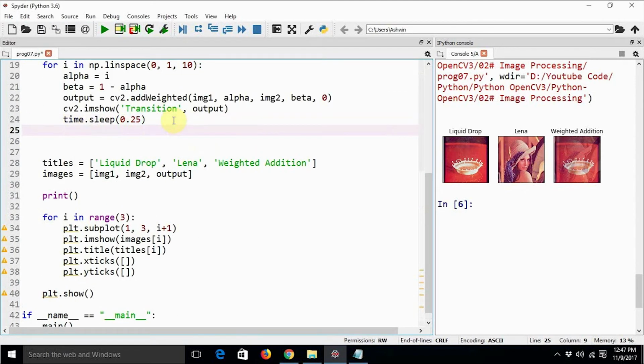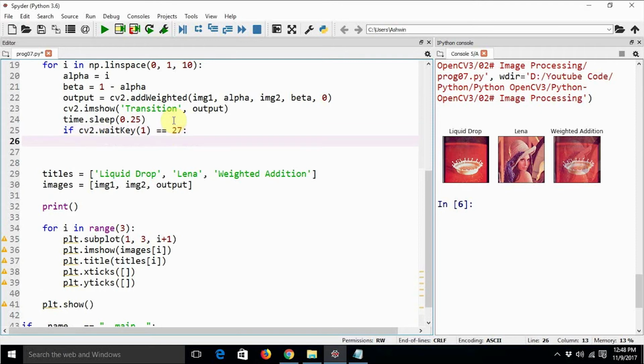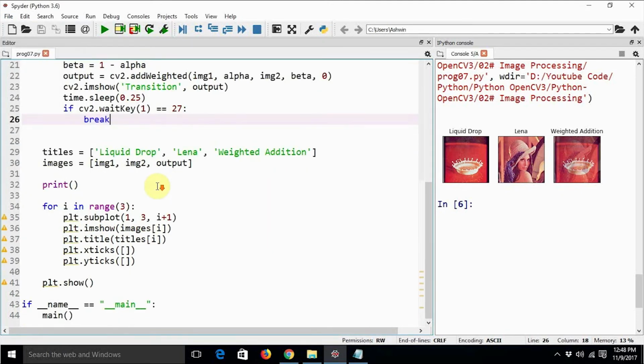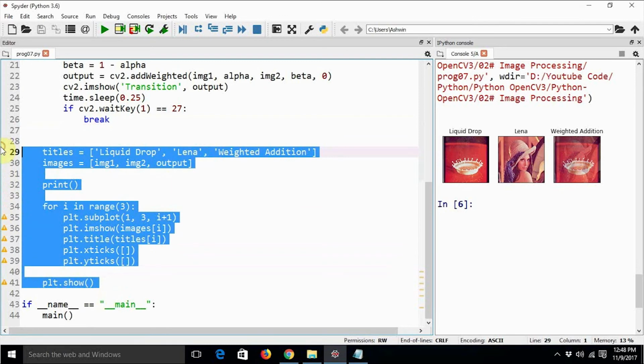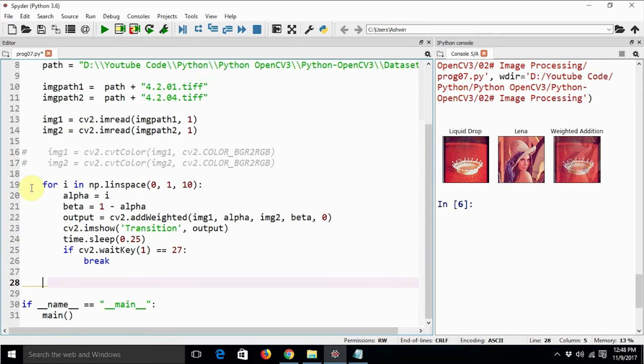Finally, I just need to check for any keyboard key press with cv2.waitKey, otherwise this entire code is not going to work, as I have already told you. cv2.waitKey of 1 equal to 27. Whenever we press the escape key, the code is going to stop executing. We will delete this entire block of code, and yes, this indentation is right.